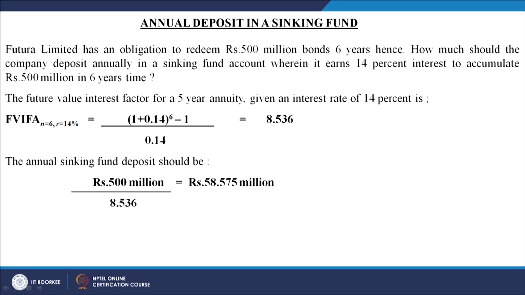6 years, but we are assuming here, because we are writing here 5 years annuity. 5 years annuity means every year when we will transfer the investment to sinking fund, that will be invested at the end of the year. So at the end of the first year, you will transfer some amount, at the end of the second year you will transfer some amount. So at the end of the 6th year also you will transfer some amount.